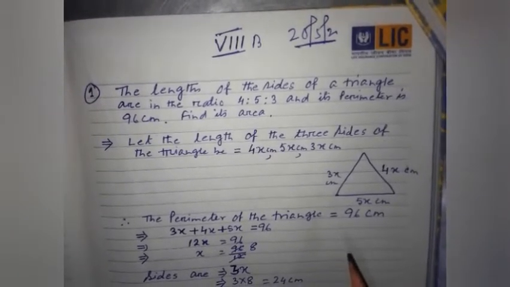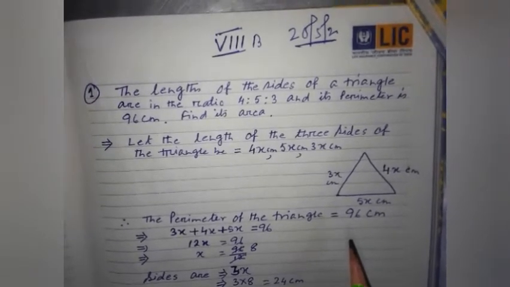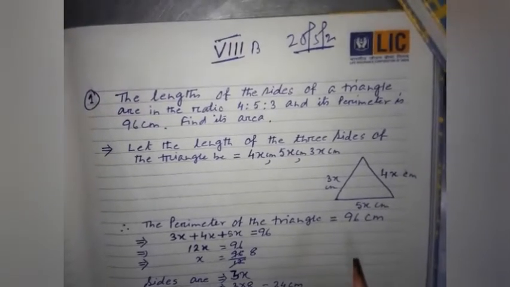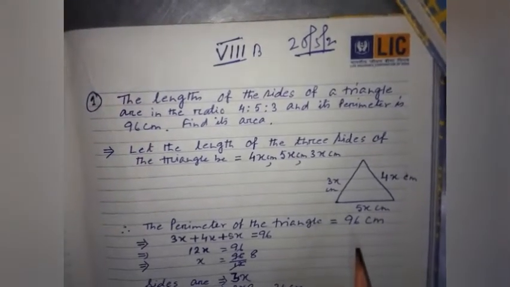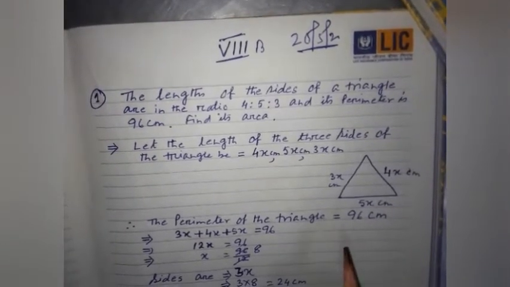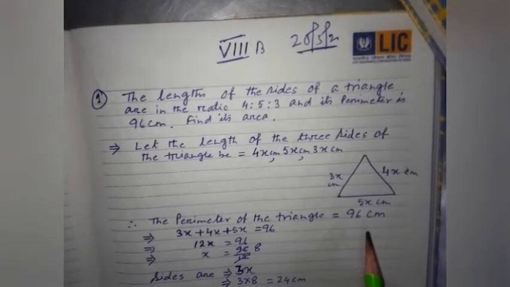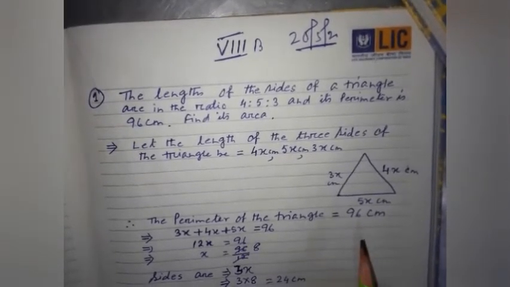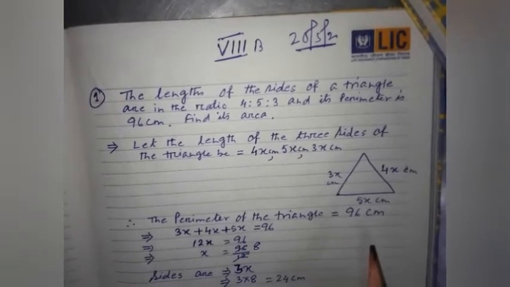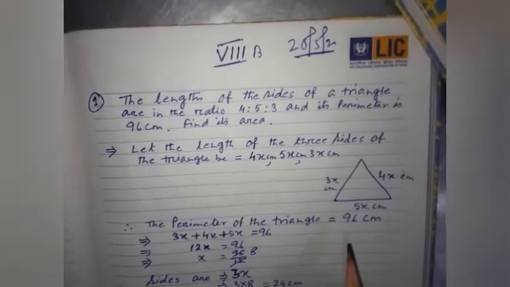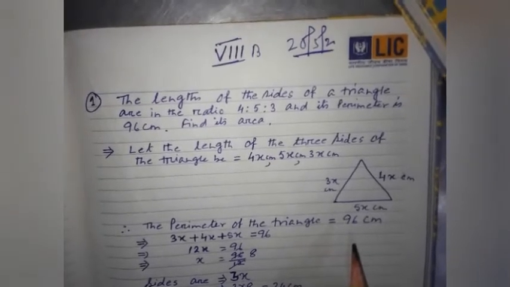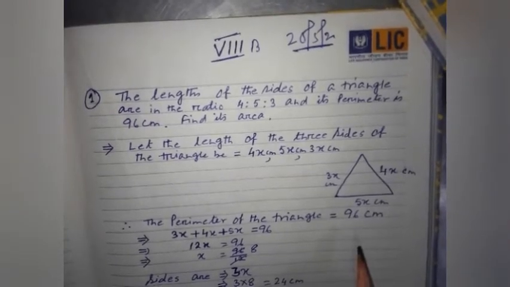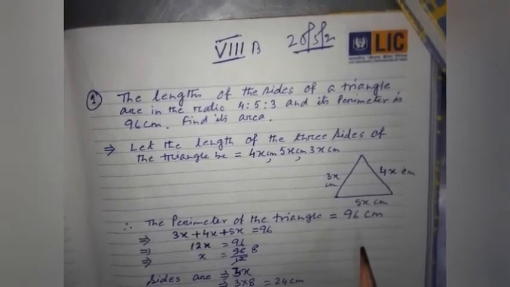So the other day I discussed how to find out the area of a triangle whose all three sides are given. Then I discussed how to find out the area of a right angle triangle where the altitude or the height is given and the base is given. And the third thing I discussed, how to find out the area of an equilateral triangle. There I told you, an equilateral triangle is a triangle whose all three sides are equal and all three angles are also equal. Here I am not dealing with the angles, I am talking about the sides only.